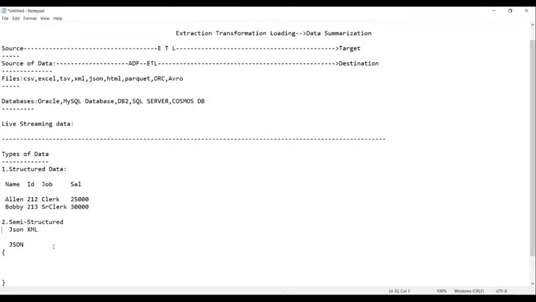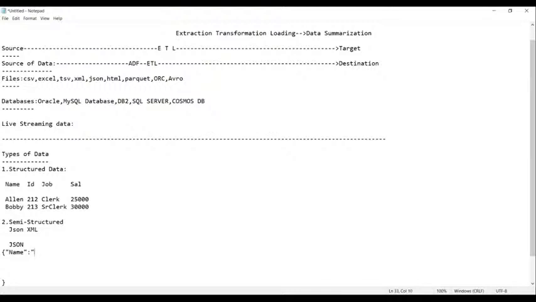Suppose the same data, if you have to write it into the semi-structured JSON format, how do we write it? Let us see. The data will be like this. Name. And here you have the name. What's the name you have?